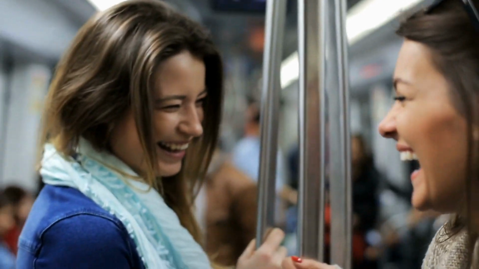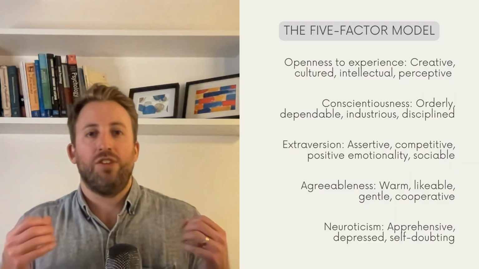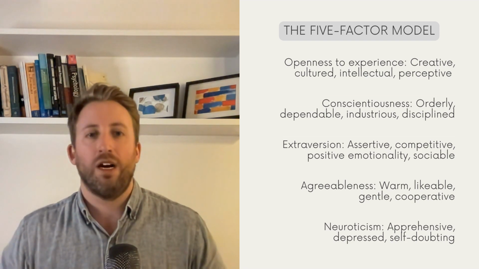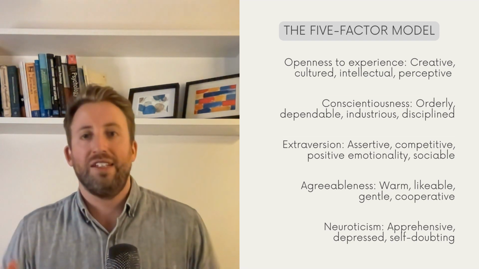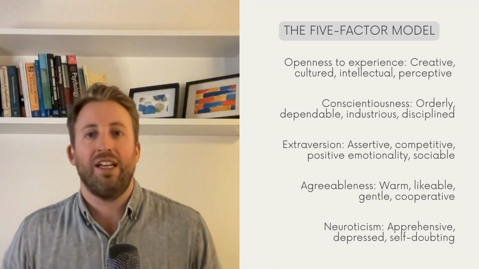They're warm-hearted, well-liked, gentle, and cooperative. And the fifth factor is neuroticism. Individuals with high neuroticism might grapple with anxiety, depression, and self-doubt. On the flip side, those high in emotional stability, neuroticism's positive counterpart, exhibit traits like being relaxed and not easily